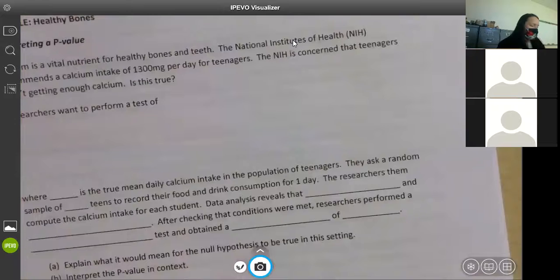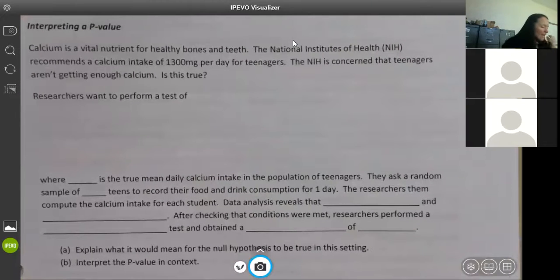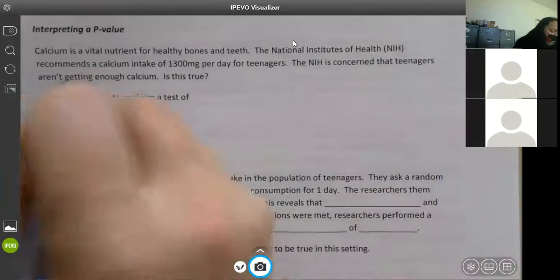All right, so interpreting the p-value. This is what you need to know for your homework. Calcium is a vital nutrient for healthy bones and teeth. The National Institutes of Health recommended a calcium intake of 1,300 milligrams per day for teenagers. The NIH is concerned that teenagers aren't getting enough calcium. Is this true? Researchers want to perform a test of